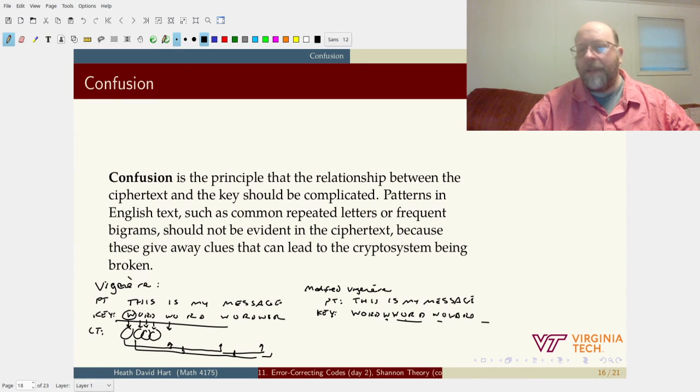That would interrupt the pattern, so it wouldn't be every four letters now. It'd be like the W got used at positions 1, and then 5, and then 6, and then 7, 8, 9, then 10, then 12. And you can see already that the pattern becomes a little bit harder because we're using the key in a less repetitive way. And so the idea is that the relationship between the ciphertext and the key should be